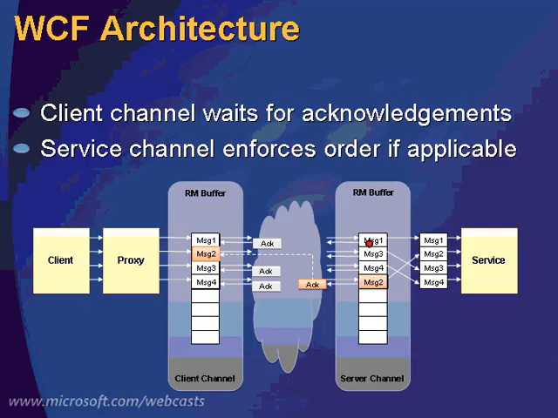But message 3 and 4 have somehow made it along the way, and the acknowledgements have come back. Now, message 1 will be played to the operation, so it'll be dispatched to the service. However, message 3 and 4 won't if we turn on ordered delivery. So what happens is, once message 2 successfully arrives and is acknowledged, then the client can clear out their buffer